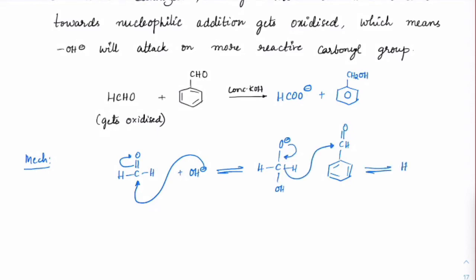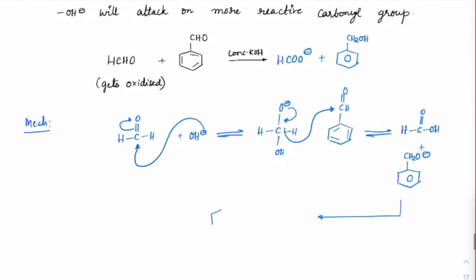You will get this as HC=O OH, plus here we will get CH2O minus, and that CH2O minus will extract the proton, and we will get this as CH2OH,